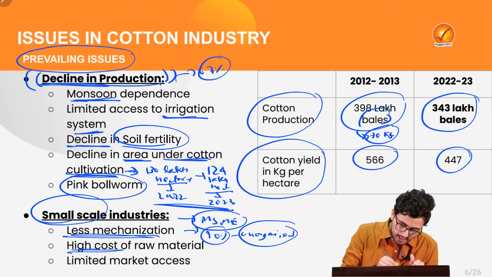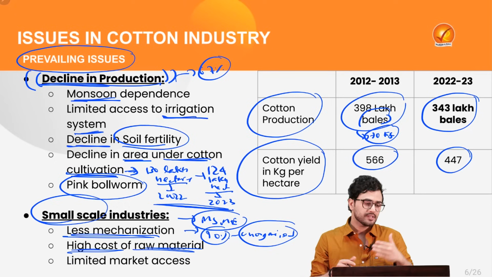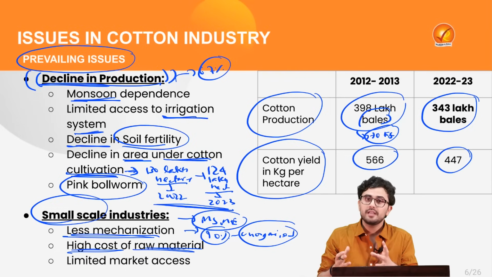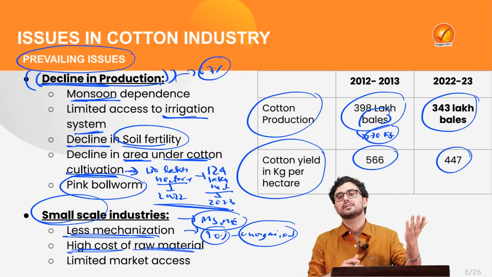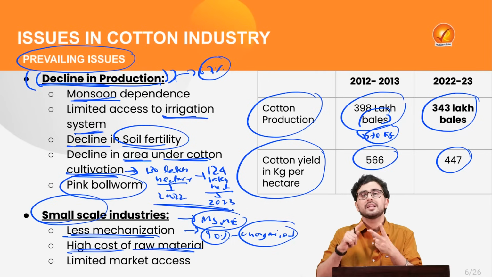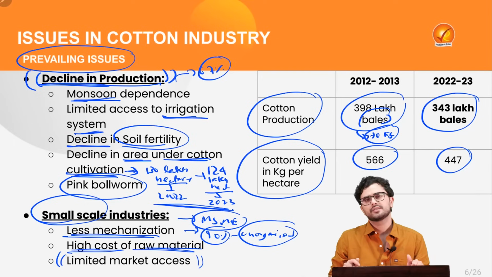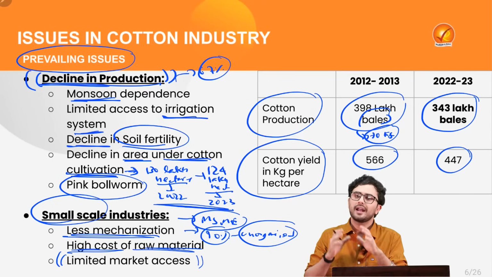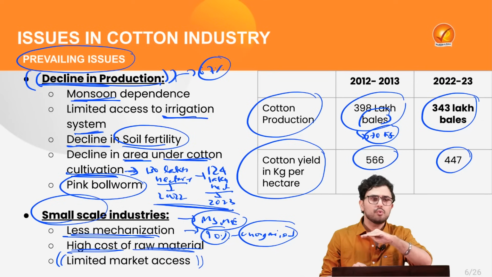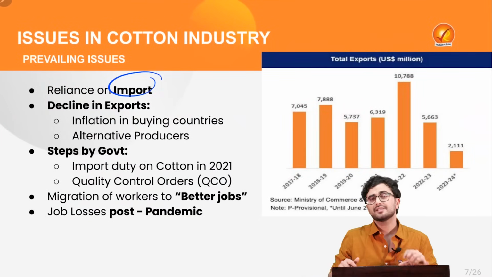At the same time, there has been growing issue of increasing the cost of raw material. So it is obvious that if there is decline in production, the raw material prices will increase. At the same time, these raw material prices are also increasing because of various other factors such as increasing the cost of fertilizer, electricity, etc., which leads to these small scale industries having limited market access and thus pressurizing the cotton farmers to sell their products at meager rates to various intermediaries, which has ultimately led to India's growing reliance